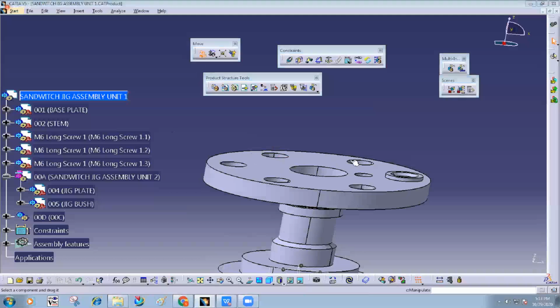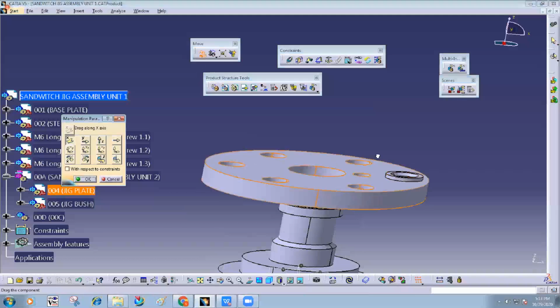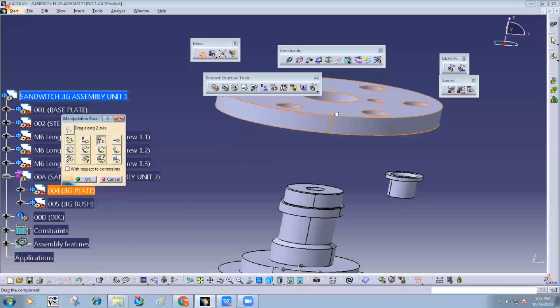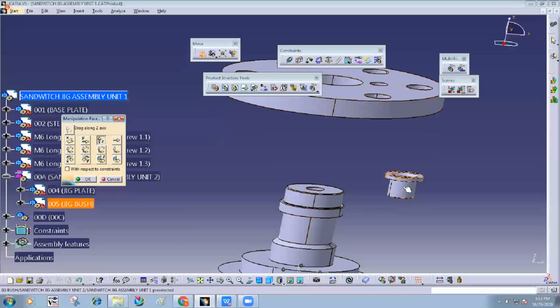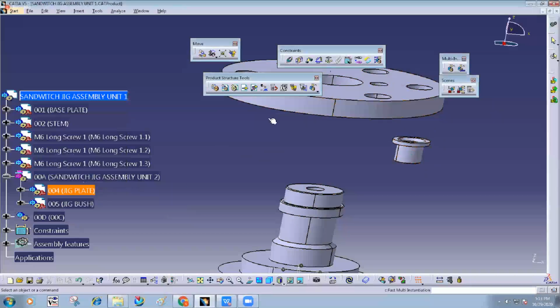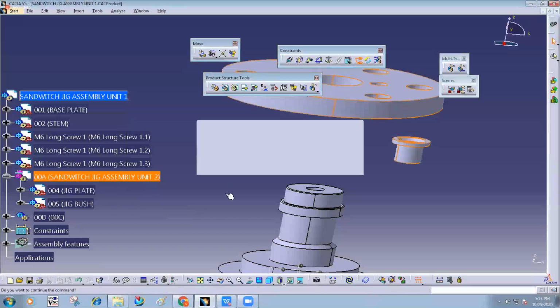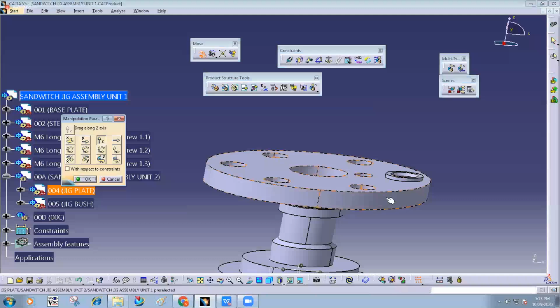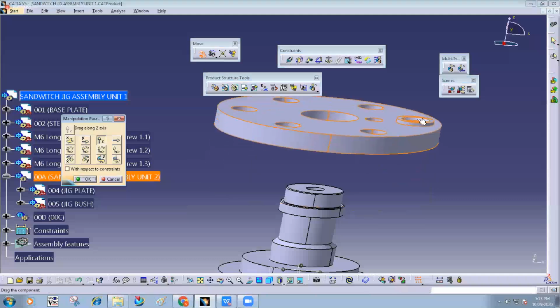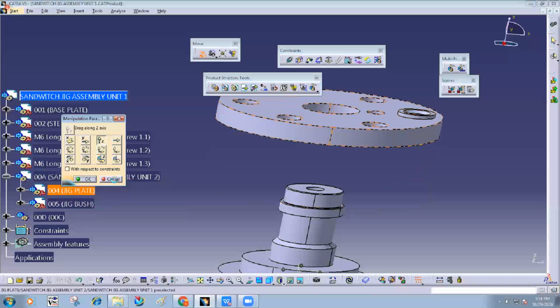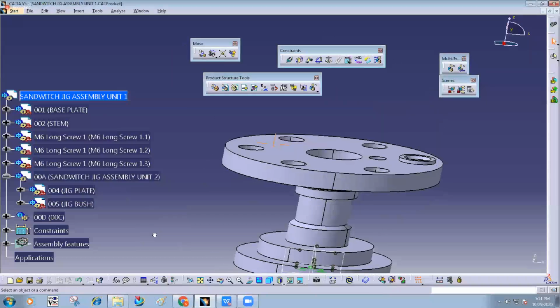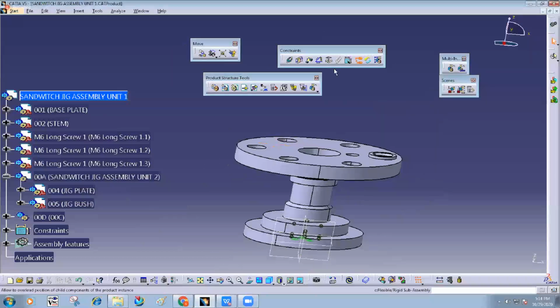So now you can see it is not moving this part. You have to move this separately. But when I make it rigid again, just select this, click over here. Now try to move this. Both are moving. That is the meaning of rigid. And when you make it flexible, then a separate color is indicated. It means individual parts we can move.